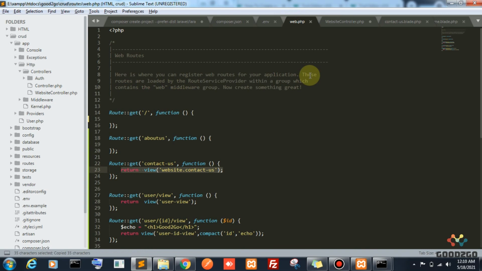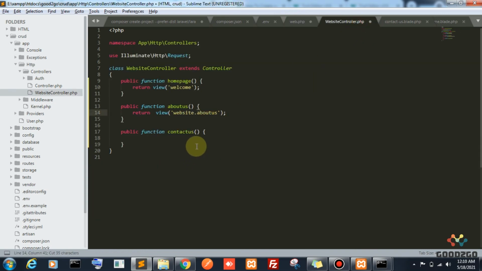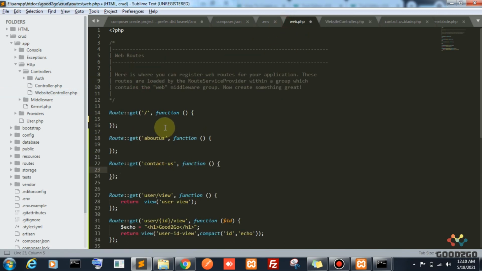Contact us will take to here. Okay, I pasted these all view things here. I need to call this method here only, right? Then only that page will appear to our folder. Okay, I am removing this function.